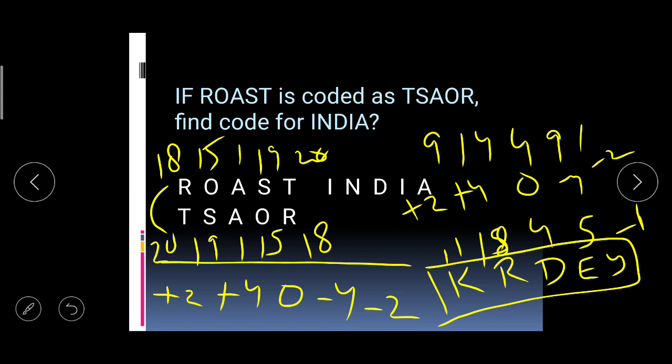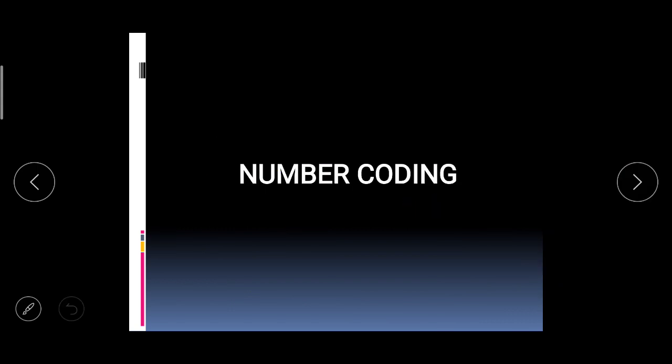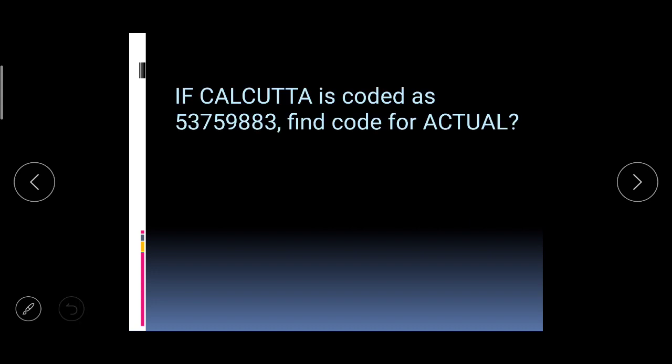So, this is all about the letter coding. Let us move on to the number coding. Okay, what is the difference in this? You have seen in the last section that it was letter to letter coding. That means a letter is coded into some other letter following some pattern. In number coding, each letter gets coded into some numbers, right? So again, you have to be very good with the positions and visualization, so you can easily put the data.